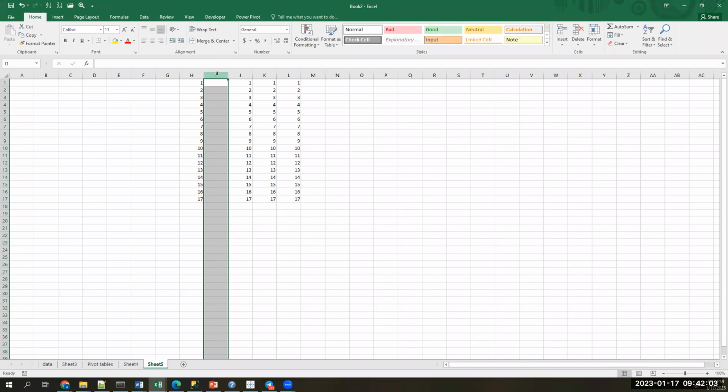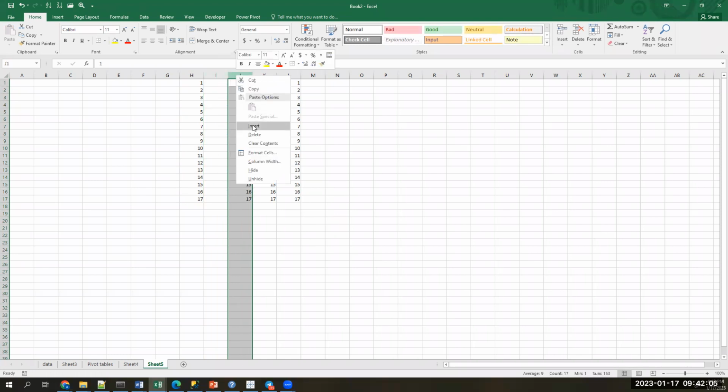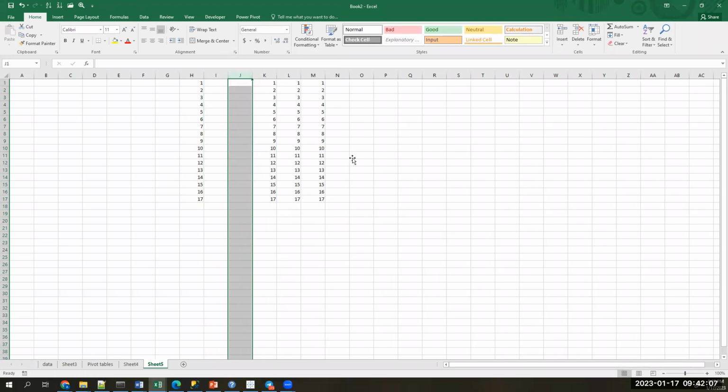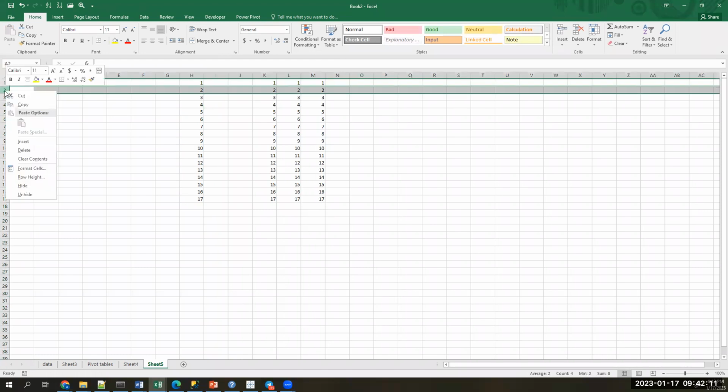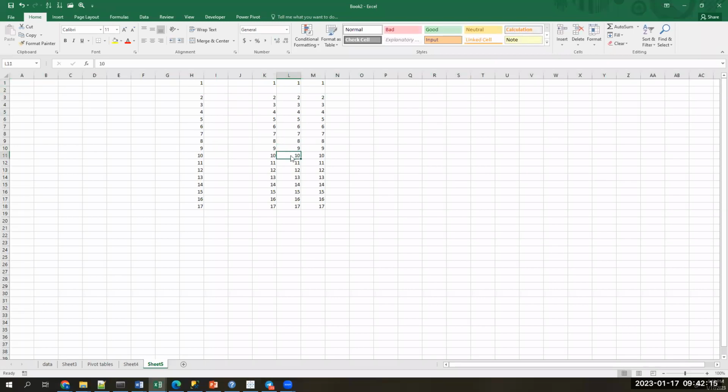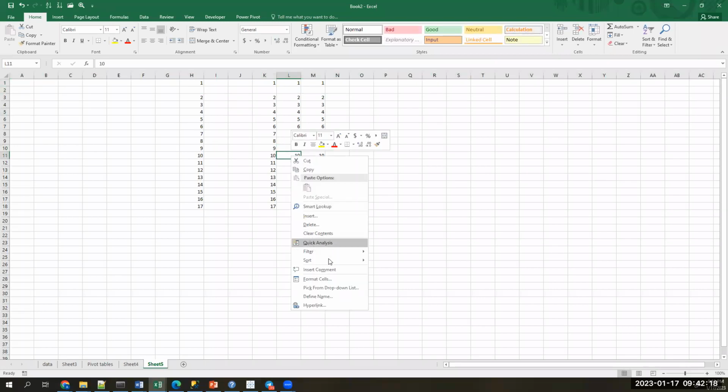For example, if you want to insert a row, you need to go to here and you need to insert a row. And if you want, click on it here and you can